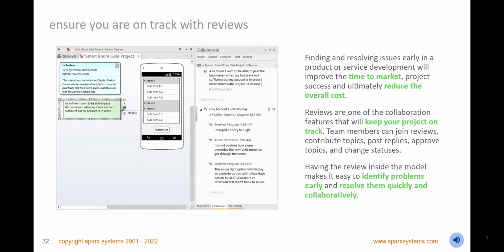Ensure you start, and stay on track with reviews, getting feedback from customers, consultants, and colleagues. You can conduct the reviews in the desktop tool, or if your models are served by the Pro Cloud Server, you can review them in a web browser using WebEA. Take your modeling to the next level and ensure you evaluate your models for quality, compliance, risk mitigation, consistency, and more.